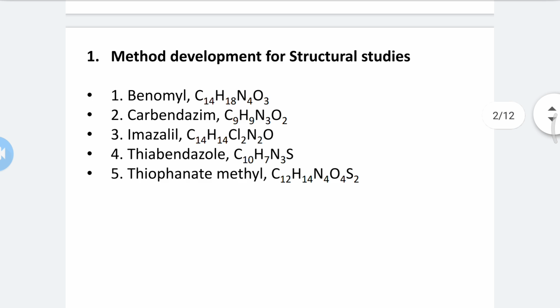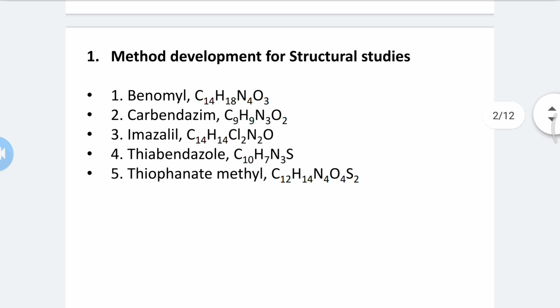In this we use electron spray ionization, which is used for analysis of low molecular weight compounds, but APCI, atmospheric chemical ionization,